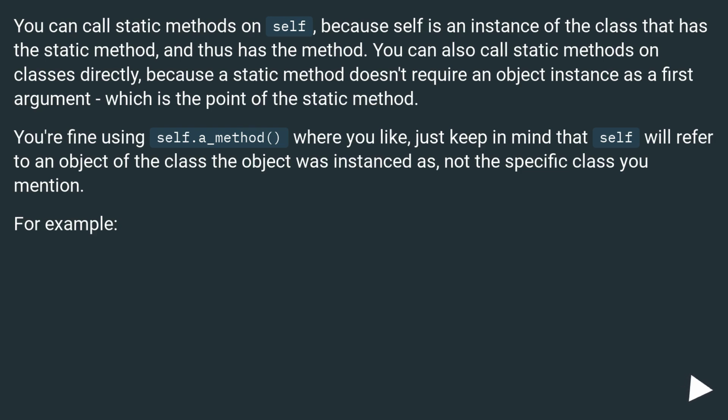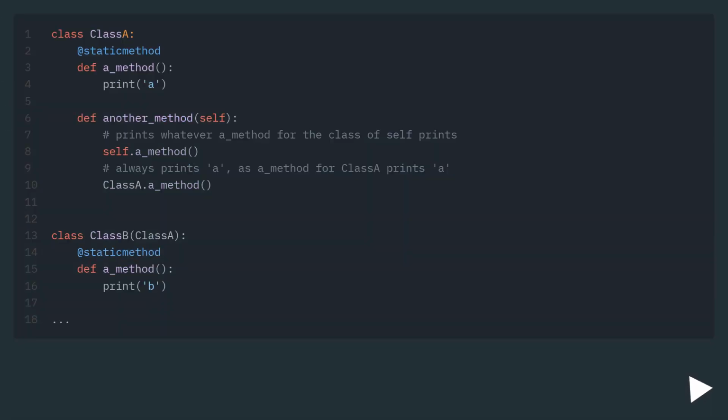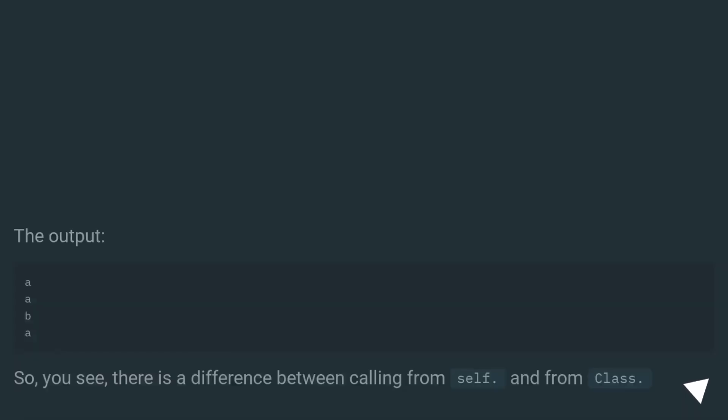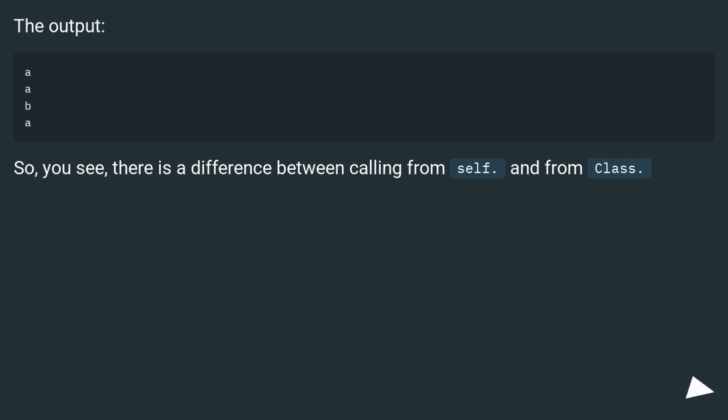For example, the output. So, you see, there is a difference between calling from self and from class.